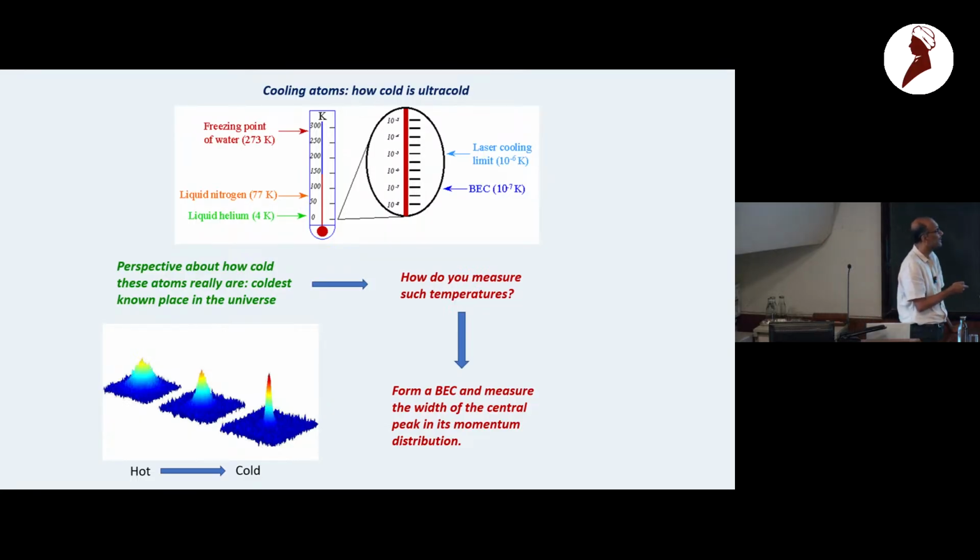But ultracold atoms changed all that, and with techniques like laser cooling and evaporative cooling, you could get into temperatures which are roughly like a nanokelvin. And that, just to get a perspective, is the coldest known place in the universe. Because if you think of outer space, that's the microwave background radiation, which is like 2.7 Kelvin. That's sort of an average temperature, and here it goes to nanokelvin temperatures.